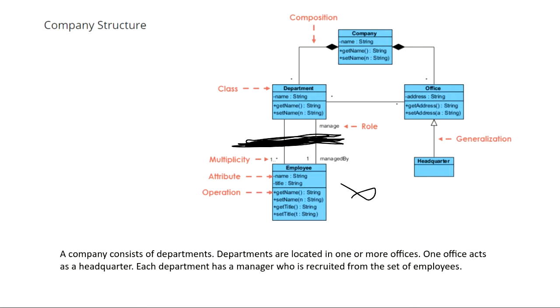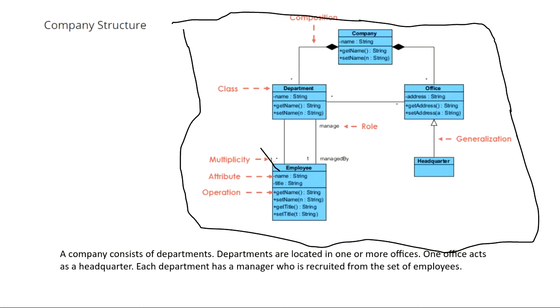What about this headquarter class? If this company went bankrupt and closed, and this office also closed, will this headquarter exist? It will not exist. Why? Because this is an inheritance relationship. This is a base class. If the parent class itself is finished, what will be the use of the base class? I didn't intend to go into this much detail, but I just told you so that you get an idea of how to read the diagrams.